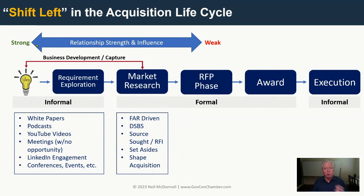Whether it goes somewhere is a whole other thing, but you have this ability to influence. And the farther you go to getting engaged with an agency, like if you get to the RFP phase, you have almost no influence and certainly no strength in the relationship. So when you're looking at some of this stuff, and I'm just watching my time, some of the things I put here that you can use to influence the acquisition lifecycle or the acquisition decisions that are happening during that